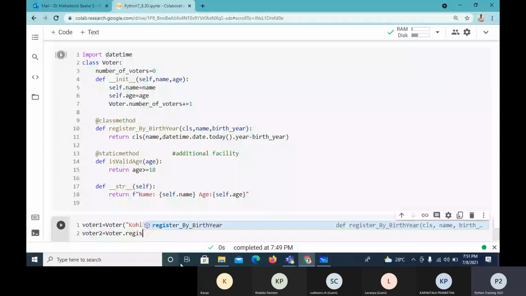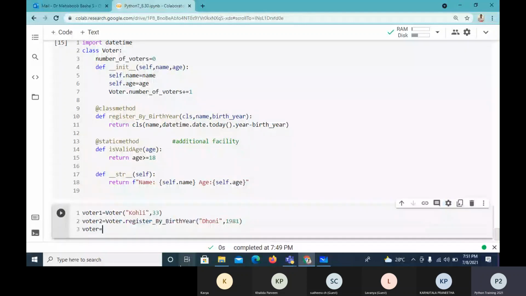The second one, suppose it is Dhoni, I'm taking the year and passing it. Then voter3, I'll create a voter, suppose Rahul, suppose 31.